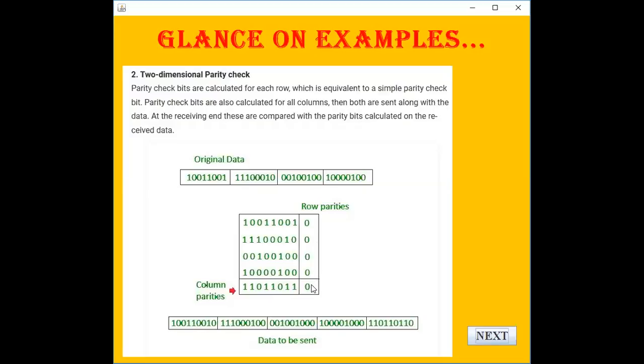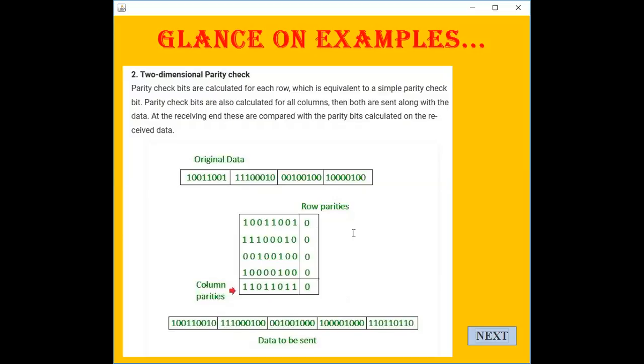So this cell satisfies both the row parity as well as the column parity. So now the new data would be of 9 bits with 5 words. Originally it was 8 bits with 4 words, but now this is 9 bits with 5 words. All the data is sent in the transmission line, and then we would move further. So now next.